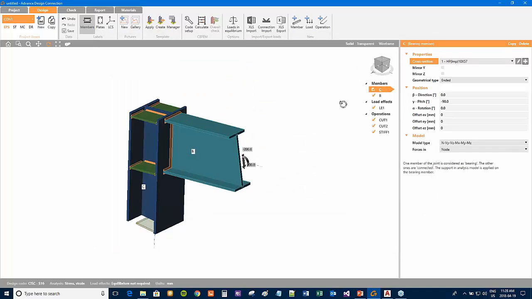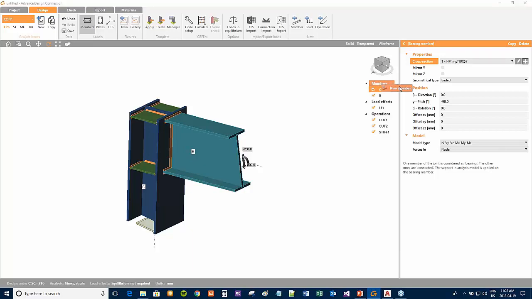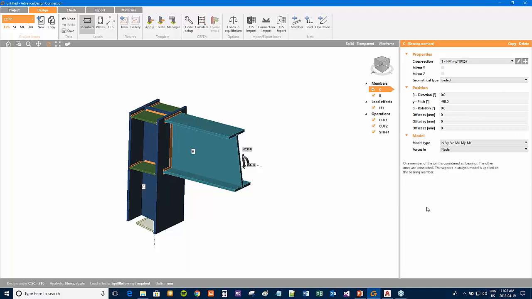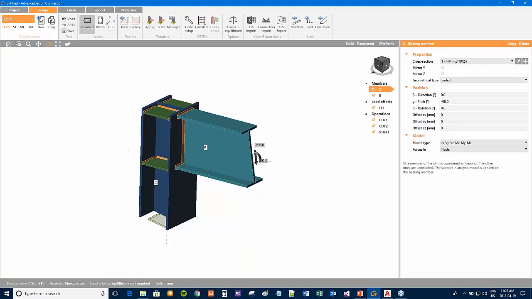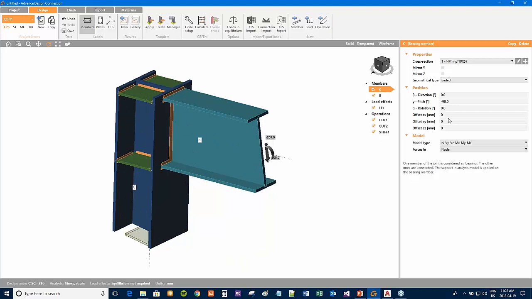You can add or delete members using here. If I right click here, you can add a new member. Let's say you want to add another member at the left hand of your connection here, you can just add a new member and define all of the parameters here. You can modify, for example, rotate the member here using beta, gamma, and alpha in 3D space. And also you can move your beam or section using these